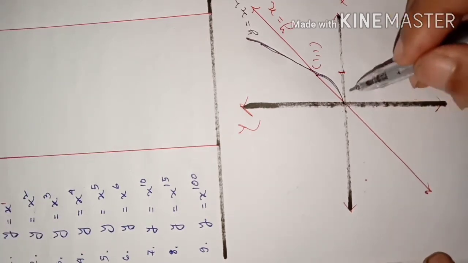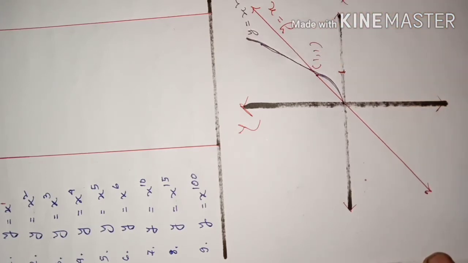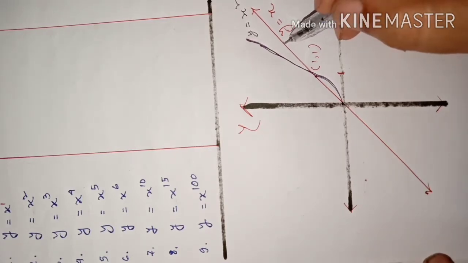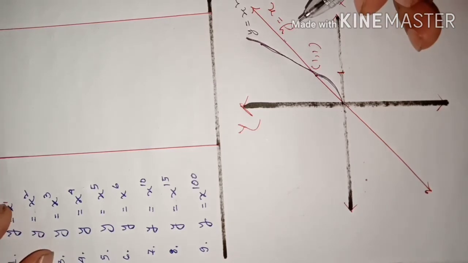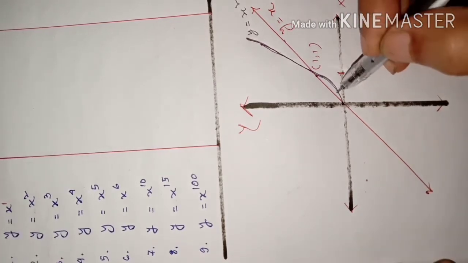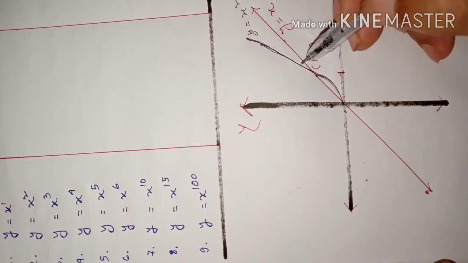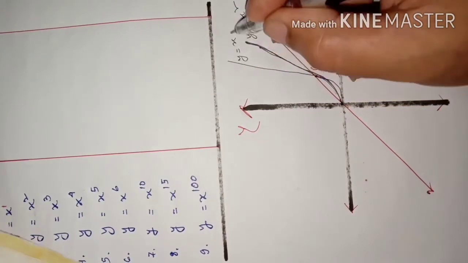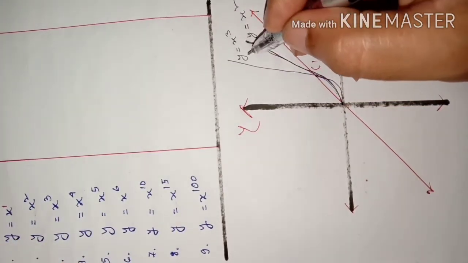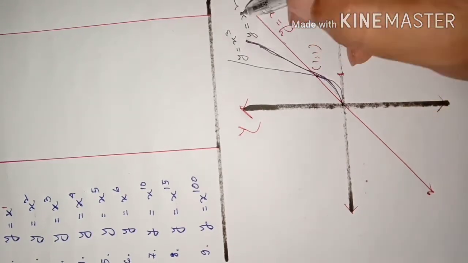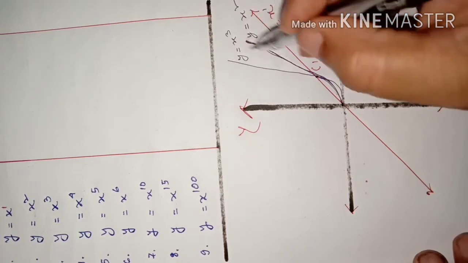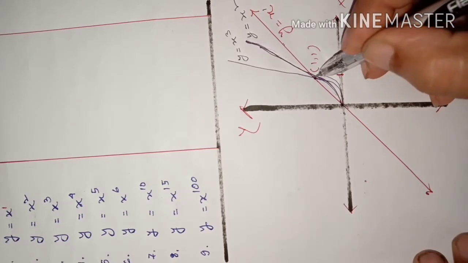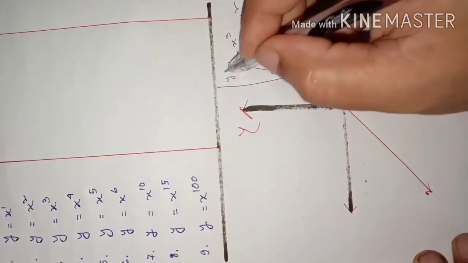But I am not going to draw that portion. I am just showing the first quadrant only. I am just trying to compare the shape of these graphs, as we go from smaller power to higher power, how the growth of the graph takes place. Let us see the graph of y equal to x cube. As the degree is getting higher and higher, the graph is becoming steeper and steeper. The graph of y equal to x to the power of 4 will be again steeper than the previous one.